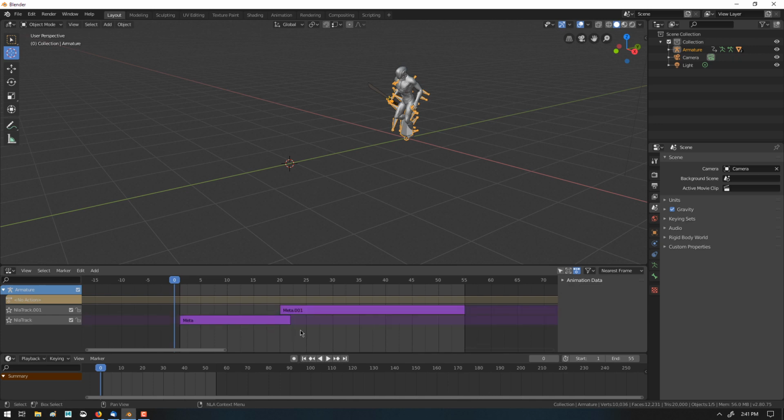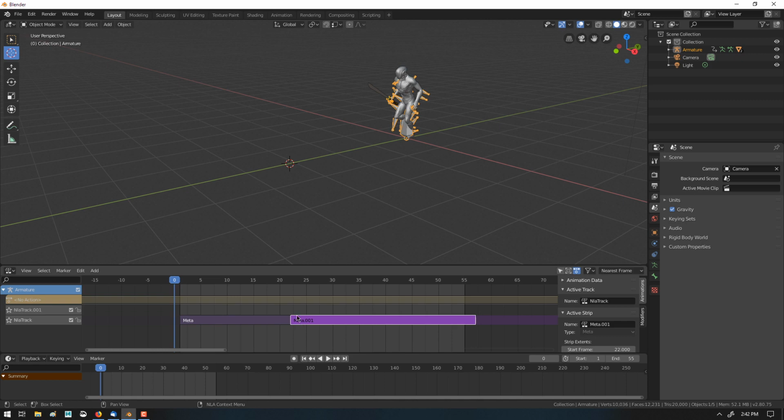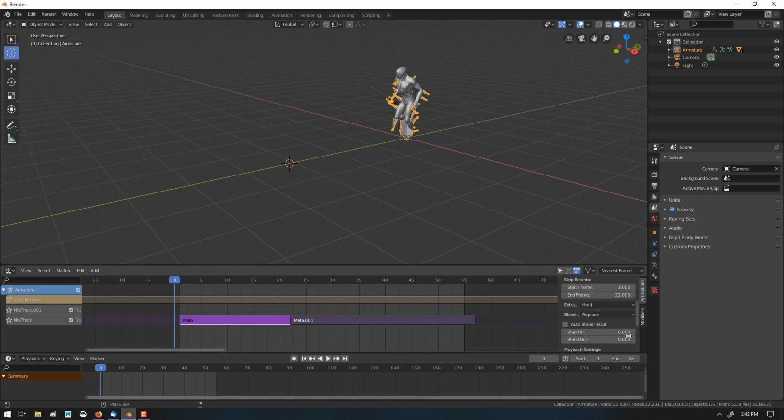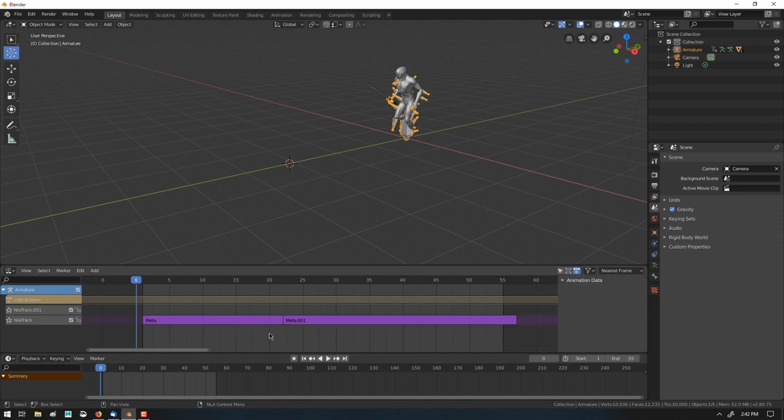The meta system doesn't work within a cross blended faded system. I also can't blend on a single track, so even though if I drop this one down, I can't find a way to have the crossfade just happen on a single track without having a second track to influence it. And maybe there's a setting on the clip or something that can allow that. Because then if you have a meta node, remove meta strips. If you create a meta strip here,